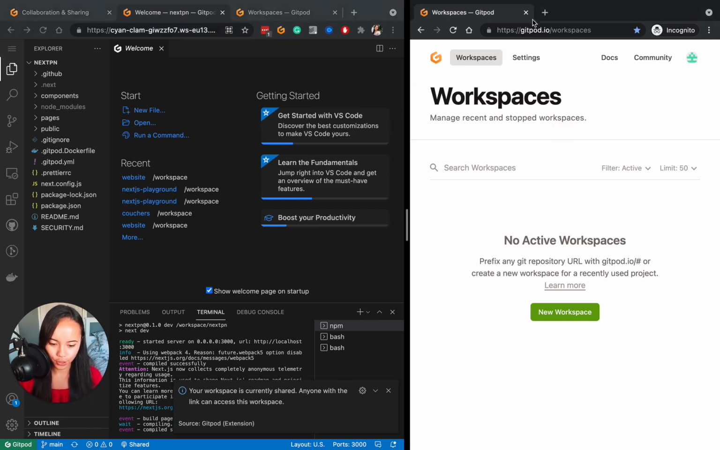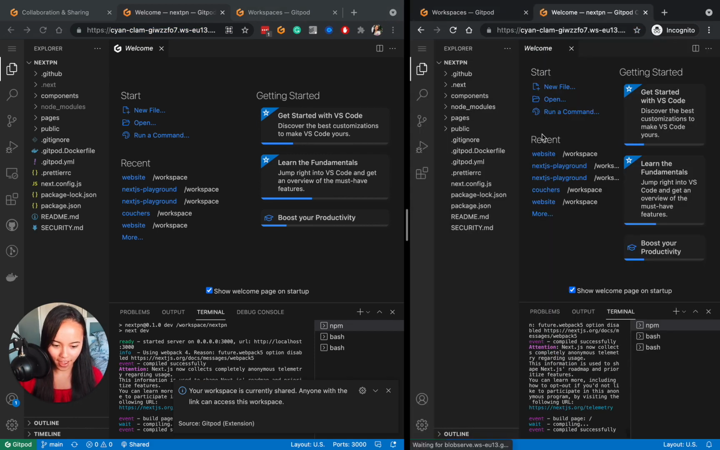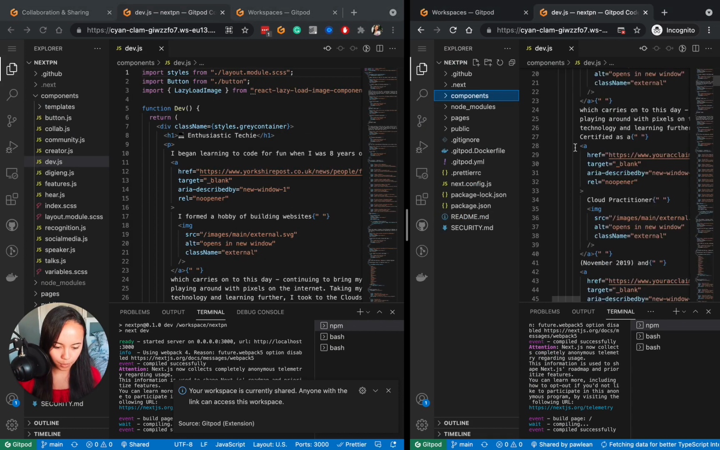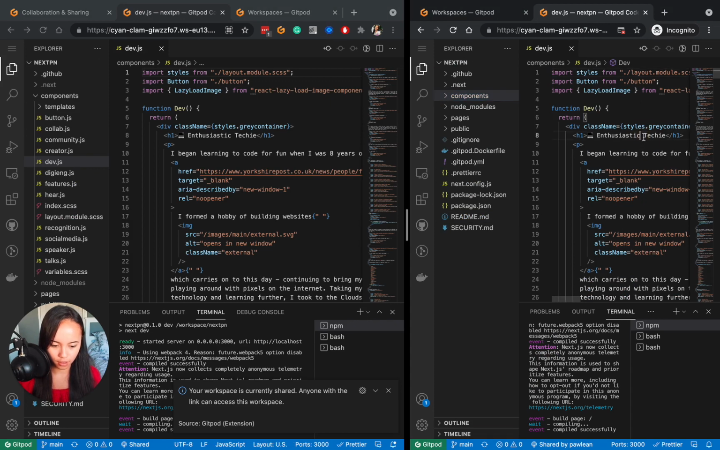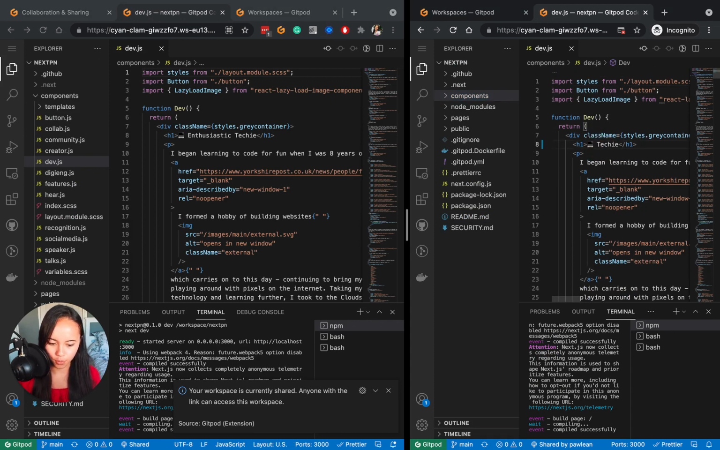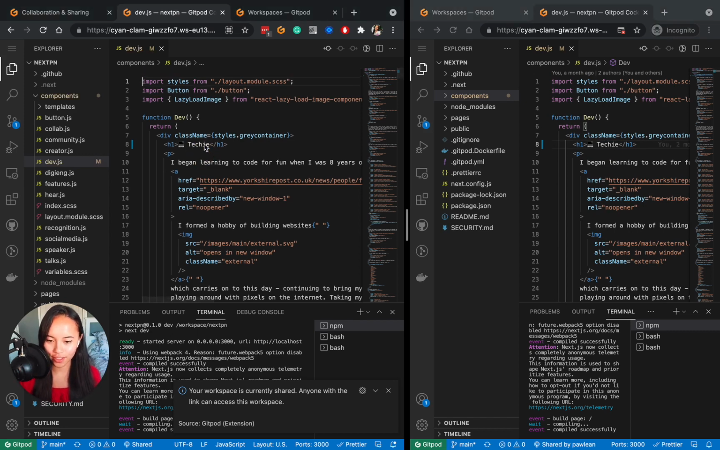And just to show you, this is in my incognito mode in my other account. And as you can see, I'm now sharing this workspace. For example, let's change this header again. Let's just get rid of enthusiastic and we'll just leave techie, and you can again see that change in real time. And that's pretty cool because, like I said, that can open up so many opportunities and helps when